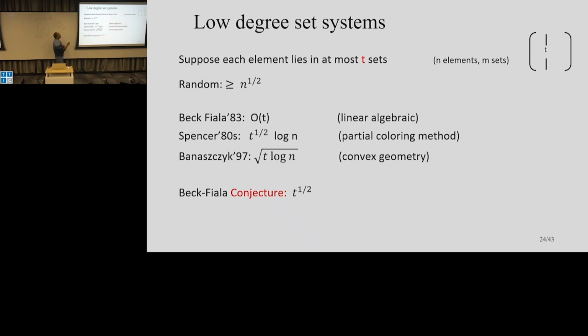If you just did a random plus minus coloring, your rows can be very dense, so you can't really do well. But there is this nice result in this area that you can exploit column sparsity to get much better bounds, depending on t. And maybe I'll put this historically. This was a very easy result, proved by Beck and Fiala in the 80s. Then there was a major breakthrough using non-constructive techniques by Joel Spencer, which got this bound. And there was an even bigger breakthrough using convex geometry techniques, which got this. This is the best we know so far. And there's a big conjecture in this area that the right answer should be root t.